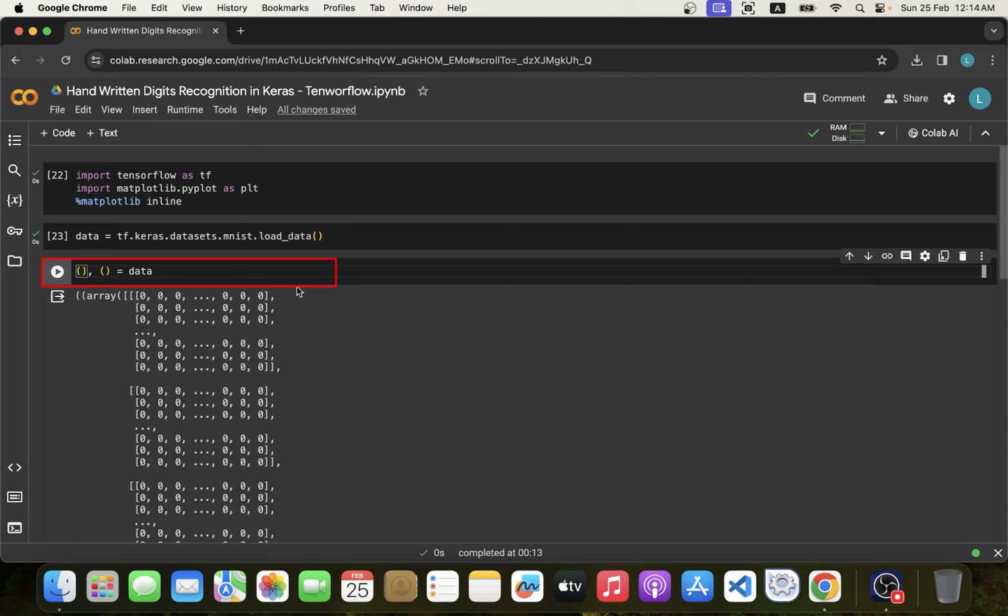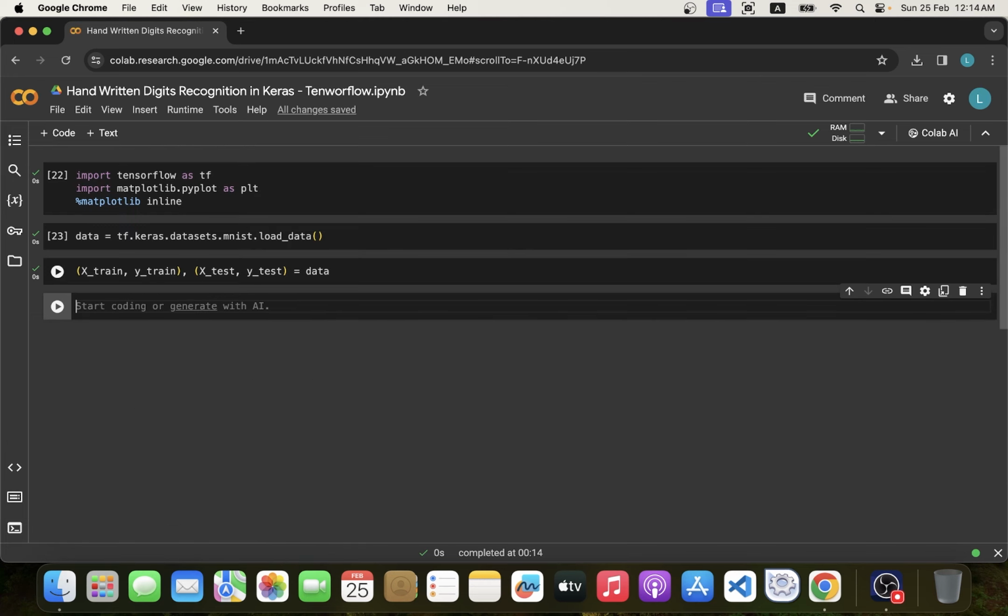Also, we can call it one for X-train and another for Y-train. And in the second tuple, the data is for testing: one for X-test and another for Y-test. Execute it